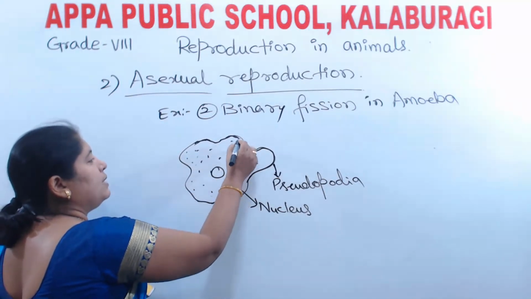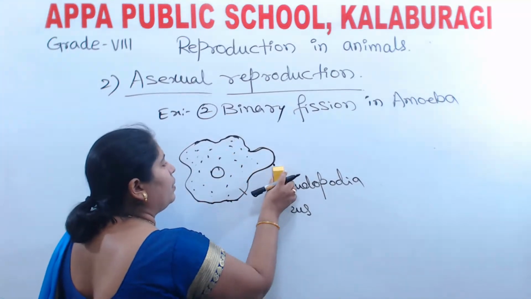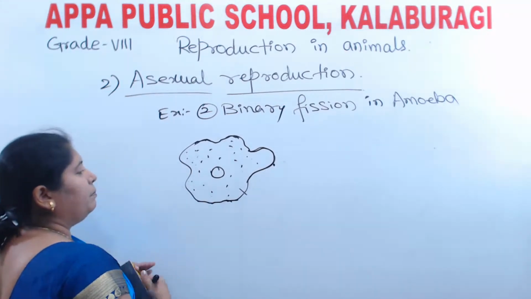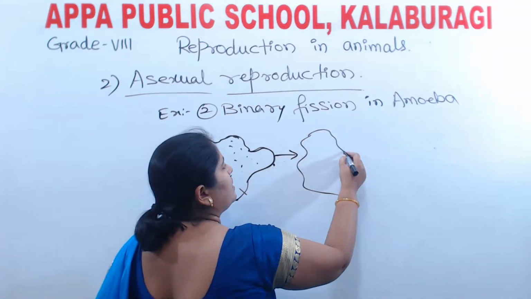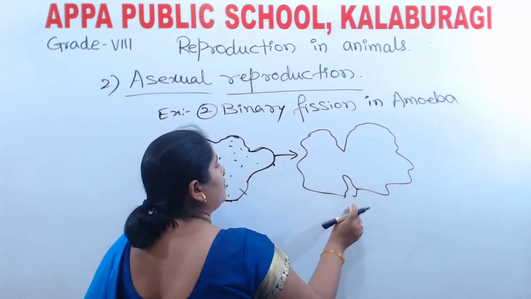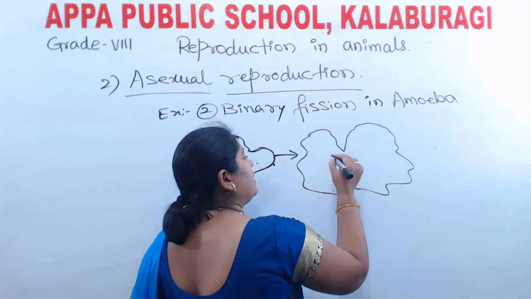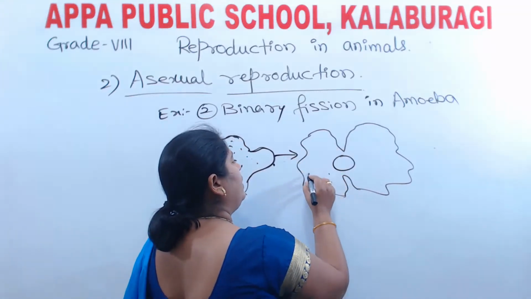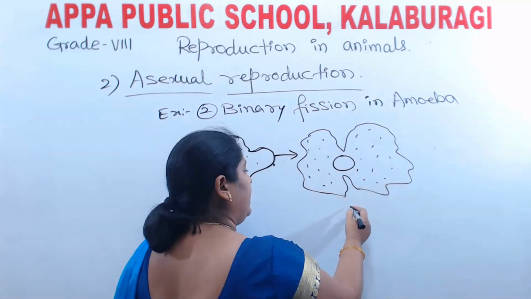So this is the first step. That is, it is just a parent amoeba. Okay. Now the next step. I said fission starts here. Nucleus is still as it is, but slowly the fission has started. Okay. In the next step,